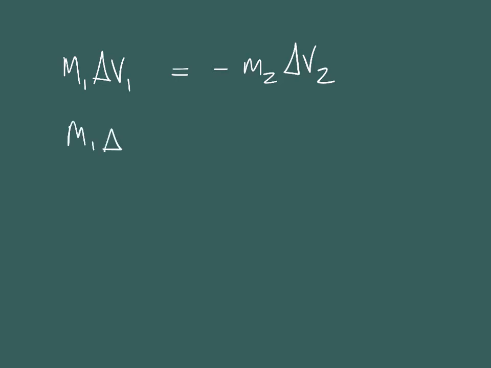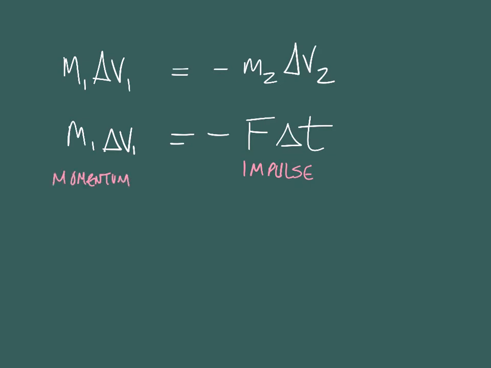And so, to summarize, when we have m delta v equals another m delta v, if we leave this alone, knowing it's a change in momentum, we know that delta v is a delta t, and ma is F, so I have minus F delta t. We call this impulse, and there's a good reason for that. Momentum is just, like I said, a Latin word that refers to what we're talking about, but this impulse thing. Why is F delta t called impulse? Well,